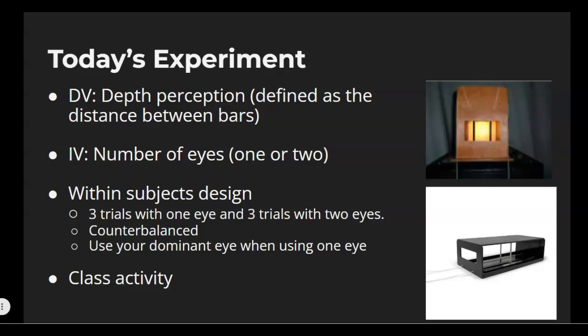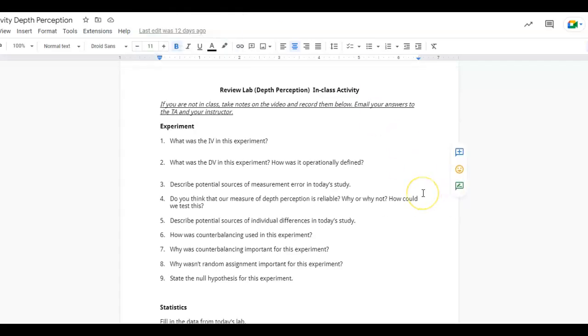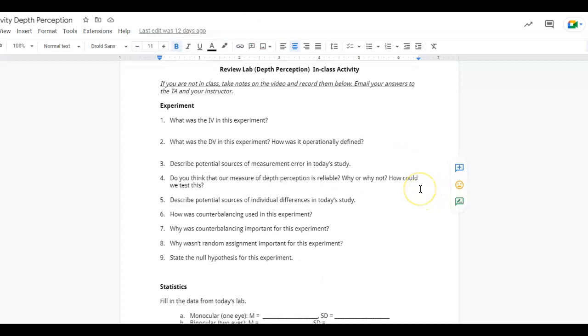All right, so we're going to do this in class and collect data and fill out this class activity form. So our class activity form here asks a number of questions. First is, what is our independent variable? Our independent variable in this case is one eye versus two eyes, so using monocular cues or binocular cues to